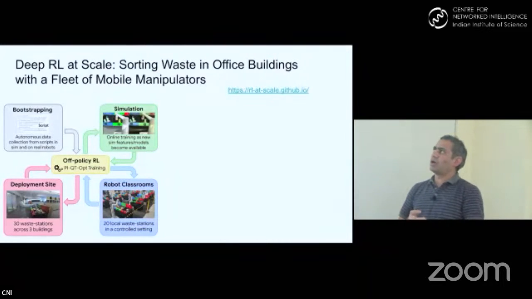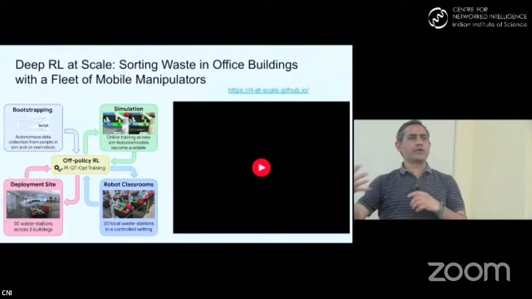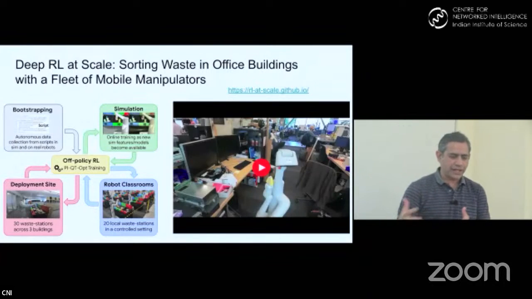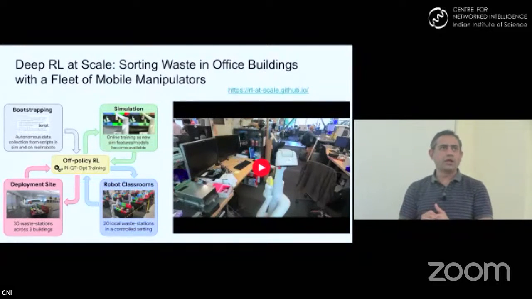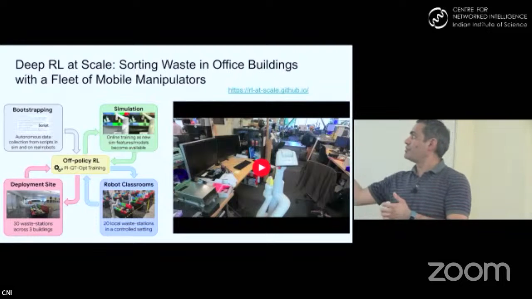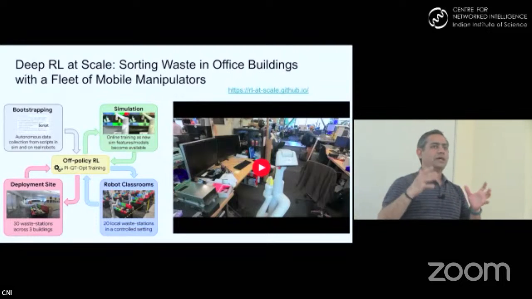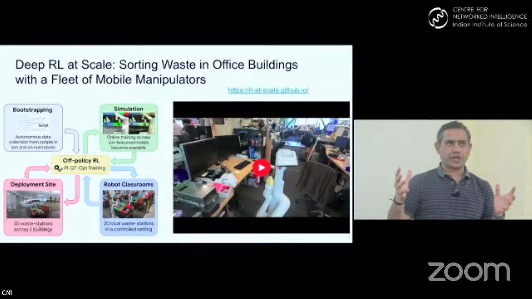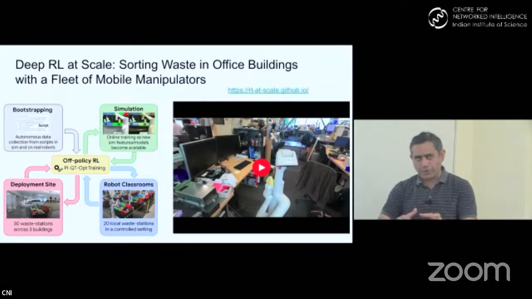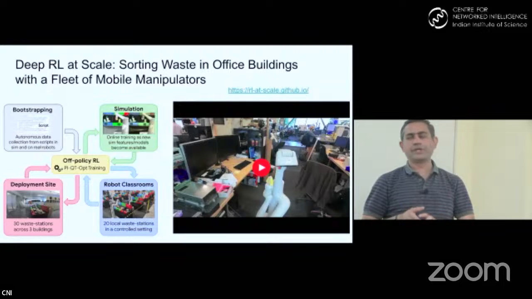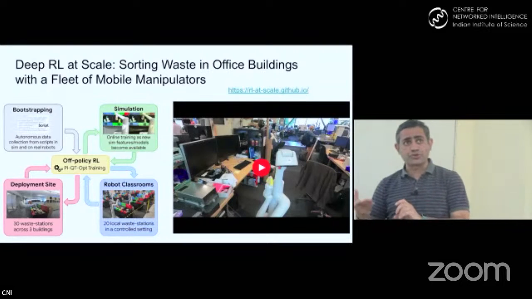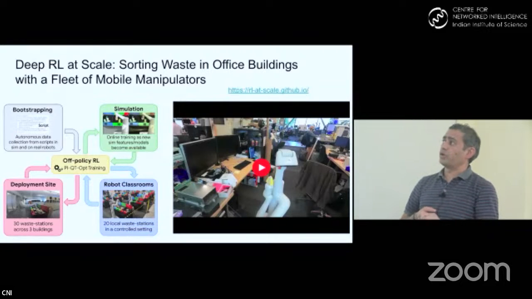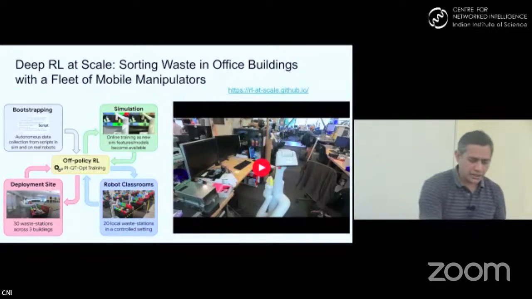Further on, we said, okay, how about we take the lab setting and try to make it a more realistic setting? So we further scaled up the RL to do some realistic tasks. Like in offices, we have these trash cans, and we set out to do trash sorting so that the recyclable paper goes to the paper bin, the compost goes into the compost bin, and so on and so forth. So in this project, we took the previous approach and had to do a bunch of engineering work on top of that to scale this up to something like a trash